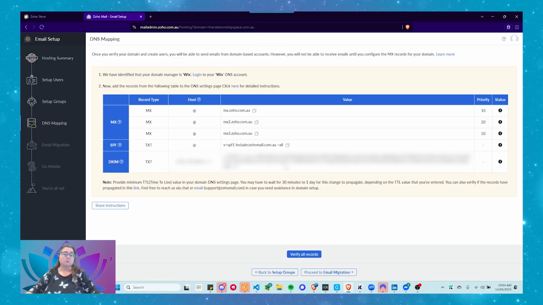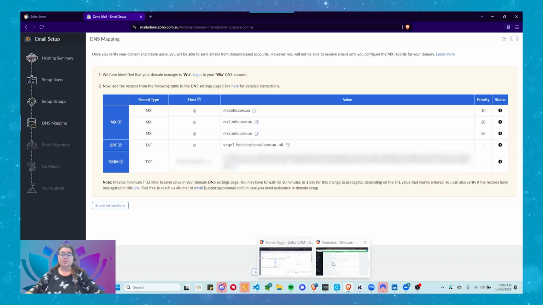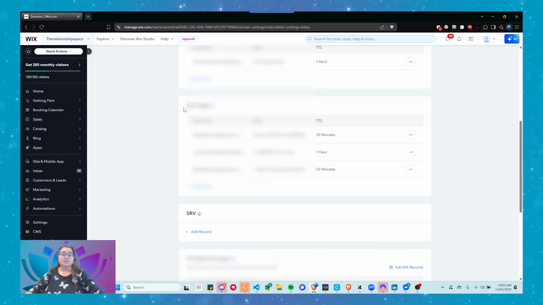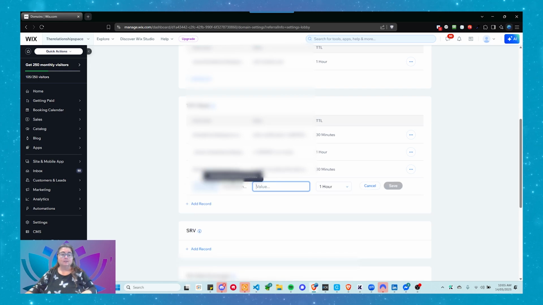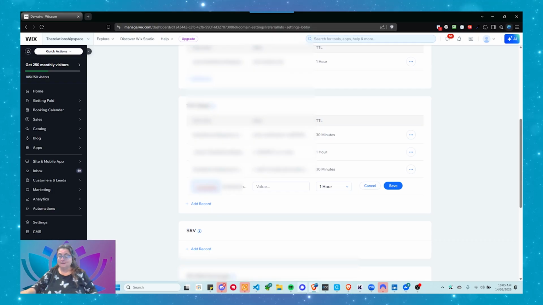Now, I'm not going to try and do both of these together. What I'm going to do is go to my DNS manager, go back to text records, and click add a record. I'm going to leave the host name blank. No, we're not. We're going to paste in that host name. This is where you do use the host name. So it's zmail